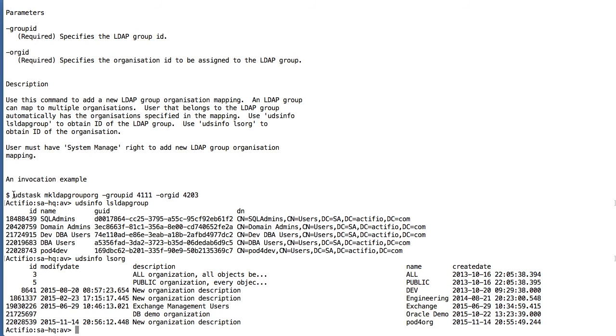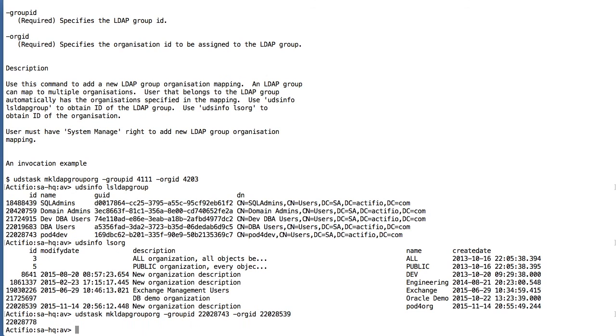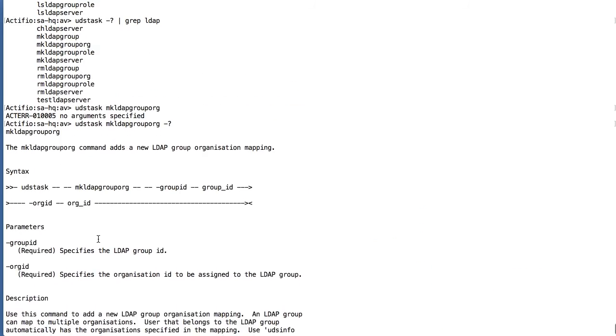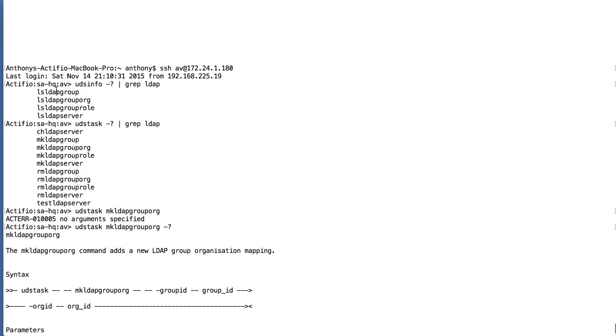So I now combine the two together. So with two commands, I learnt the group ID, this number, and the org ID, which is this number. And when I run the two together, I get a number back, which actually tells me it's gone and created a relationship between the two. So if I do a UDS info, and remember I had a whole bunch of commands here, ls LDAP group org,